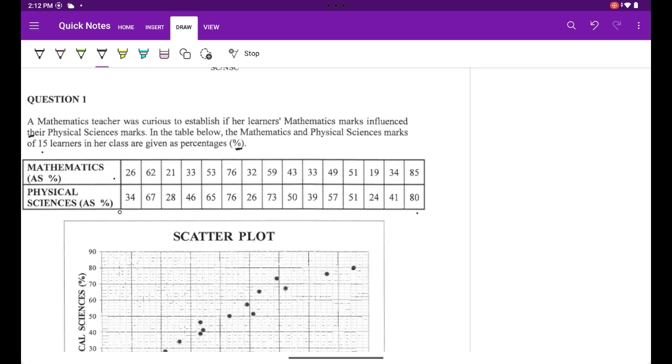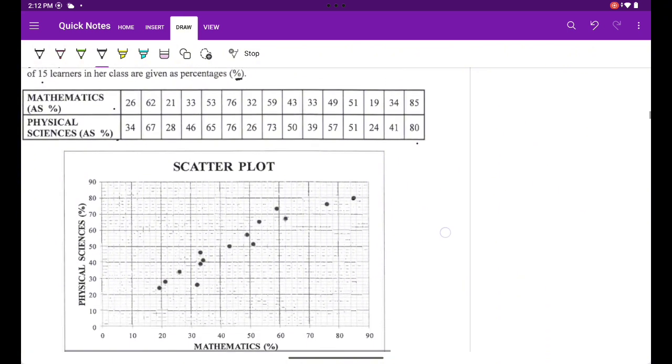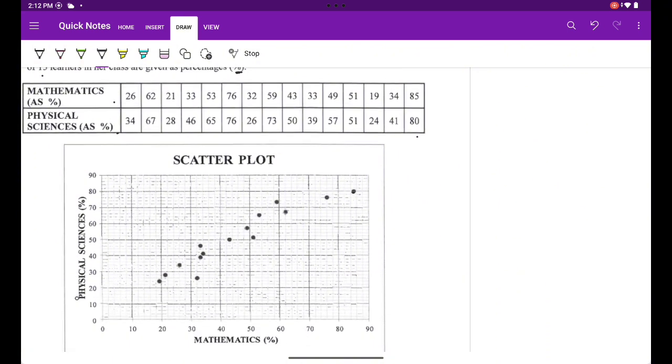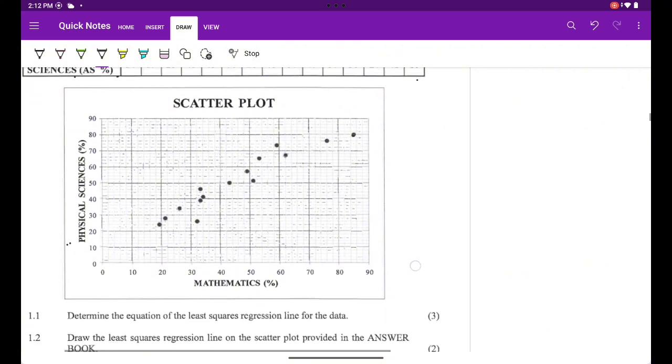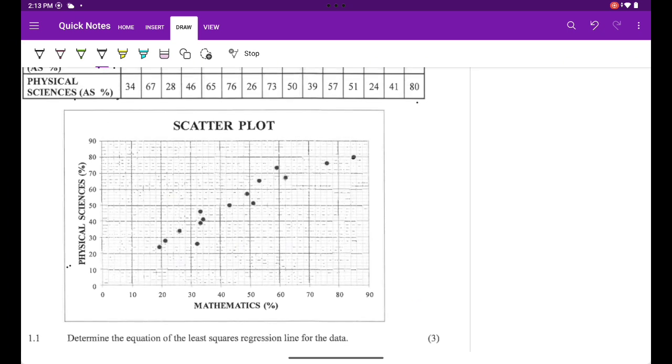We have the mathematics, and then we have the physical science. And then there is a scatter plot for these marks, the physical science, the mathematics. So note that the top ones will always be the x-axis, and the bottom one will always be the y-axis. So hence they have done this for us. Right, so now the first question that they're asking: determine the equation of the least square regression line for the